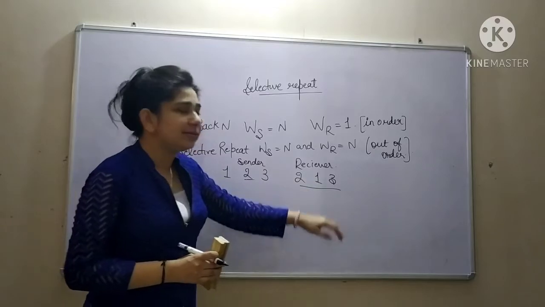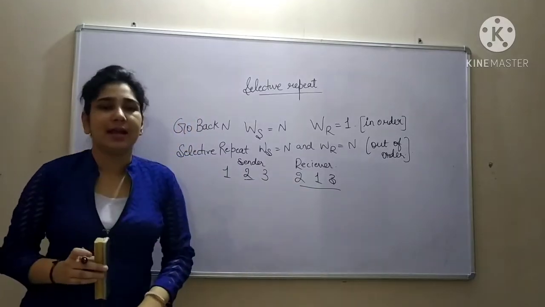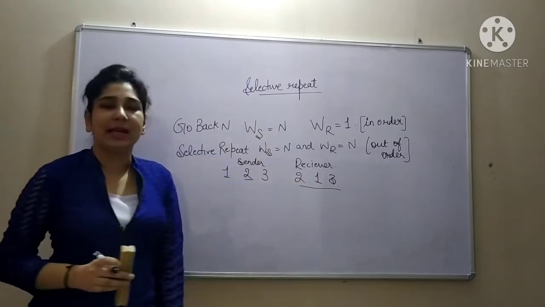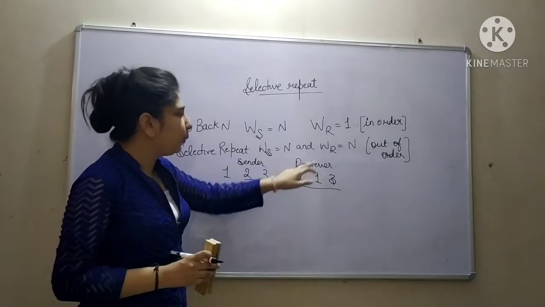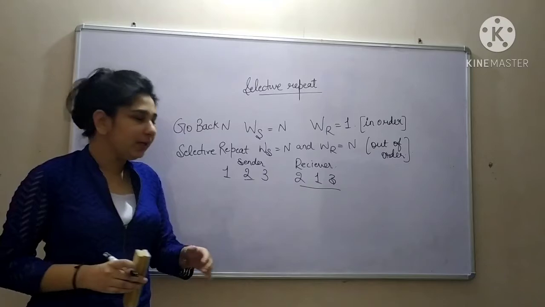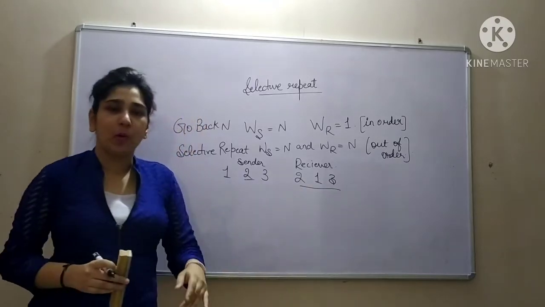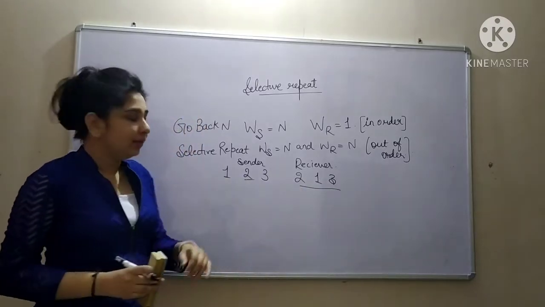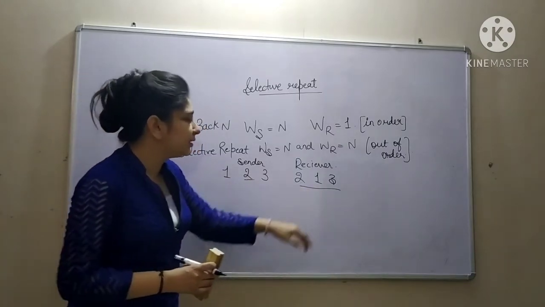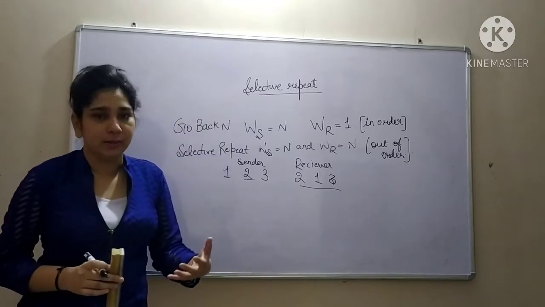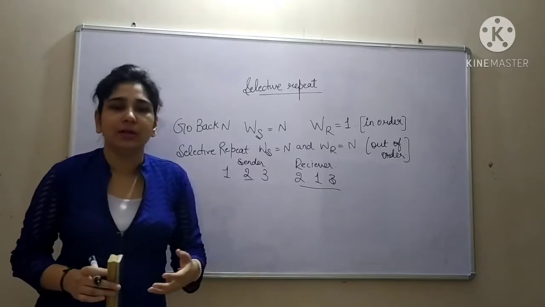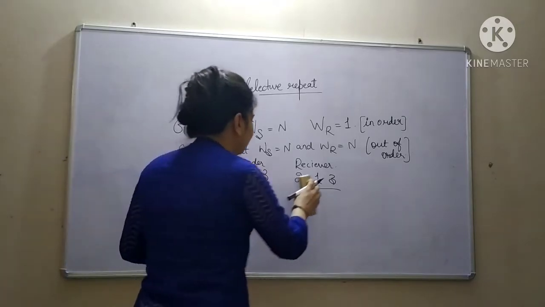So all these packets which we are receiving are out of order. They are not in the same order in which the sender is sending. So that is the difference between go back N and selective repeat. Firstly, the receiver window size is equivalent to sender window size. Second thing we need to understand is it can accept all the packets out of order. It is not that the way sender is sending the packets, receiver should receive them in the similar order. No, in selective repeat, we don't need to accept the in-order packets. So let me give you one more example.